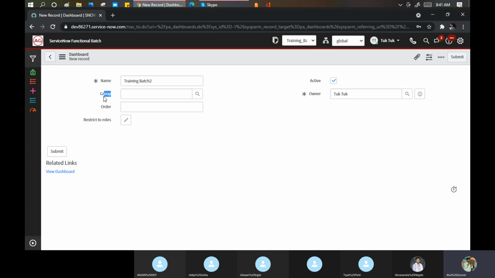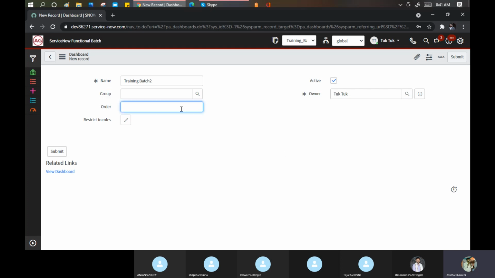Group means which group is going to maintain this particular dashboard going forward. Like I'll say this dashboard's ownership lies with two people, Santosh and Anjan, but they should be members of a group. They should be in one group, only then can I provide them the authority.